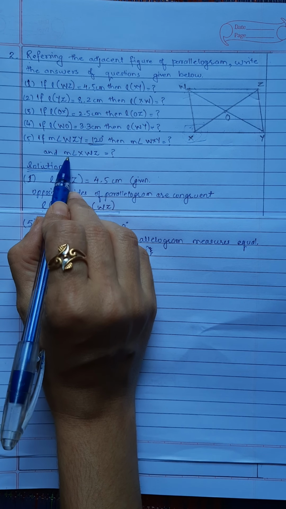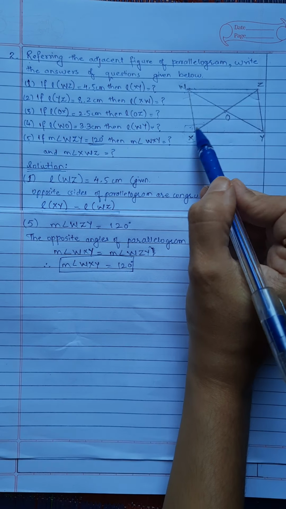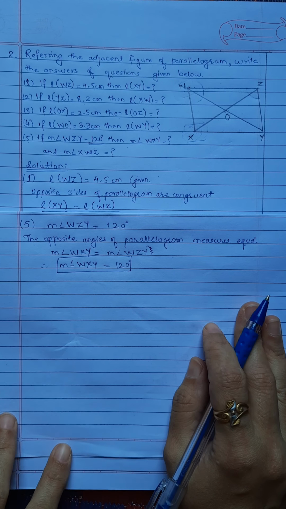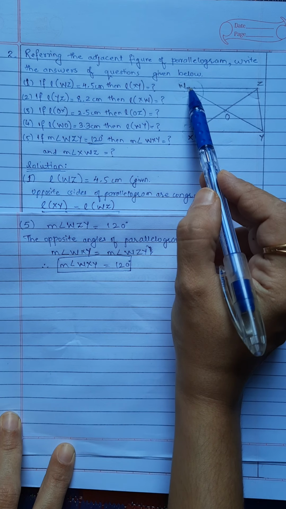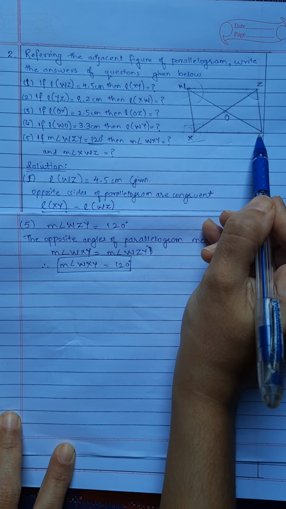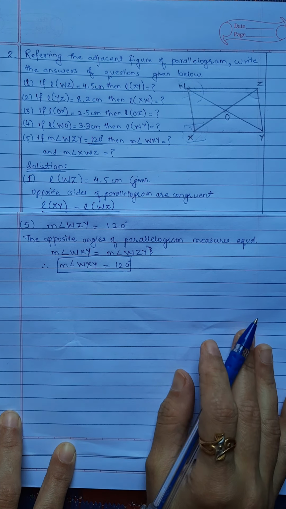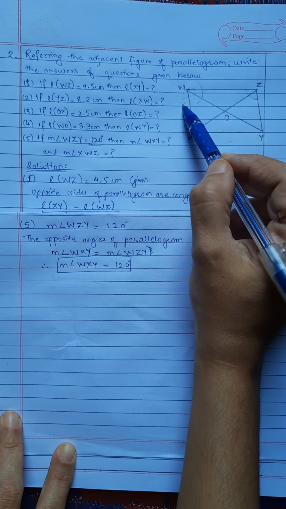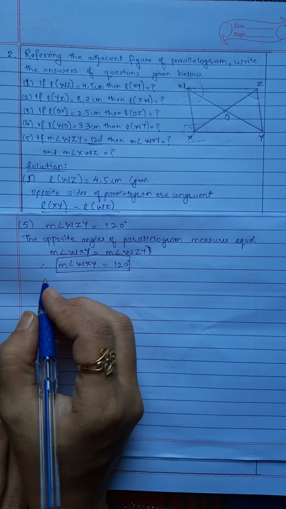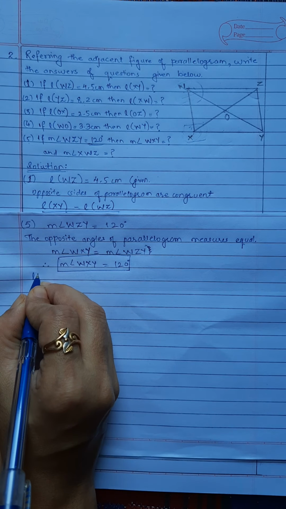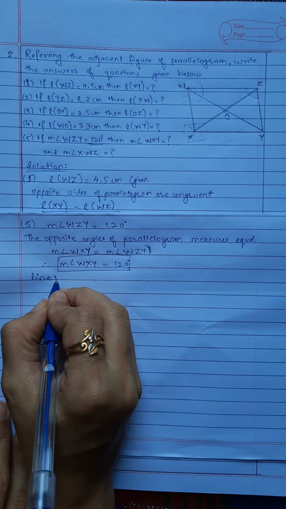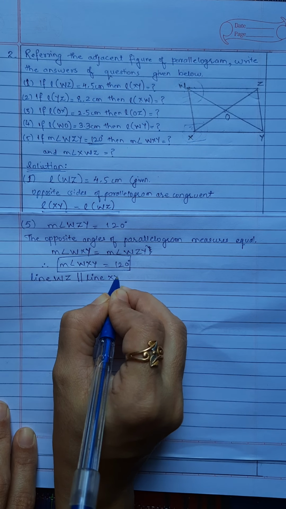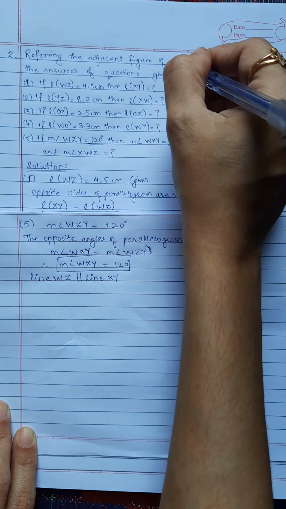It is continued with measure of angle XWZ. This angle's measurement you have to find. Now in the question we can see that WZ and XY are parallel lines and WX can be transversal. And using the property of interior angles, we can find the measure of angle W. So use the same. Line WZ is parallel to line XY. These two lines are parallel and consider WX as